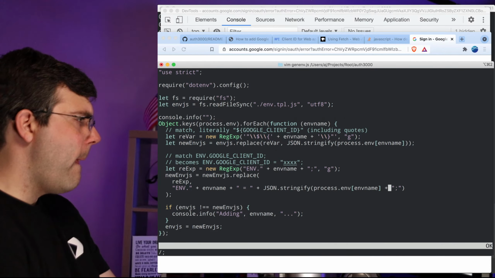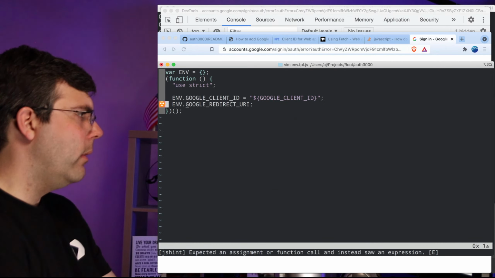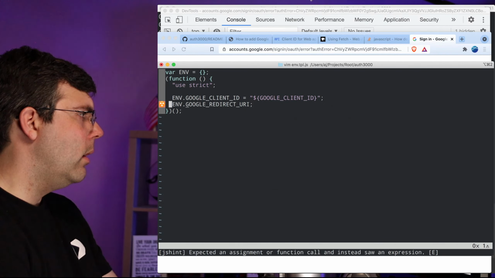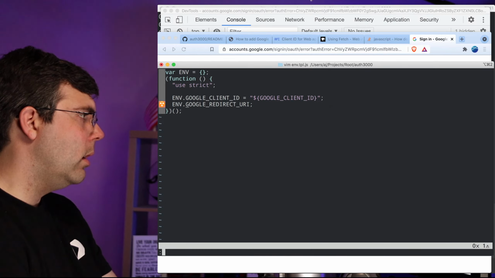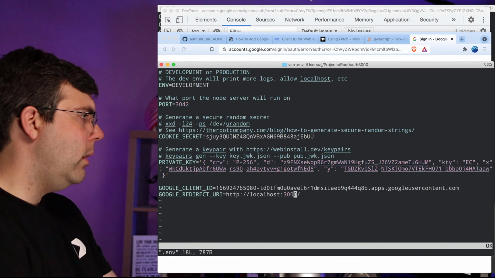All right, let's look in the TPL. Okay, this looks fine to me. All right, let's look at the env again. This looks fine to me. Let me get rid of it. Public